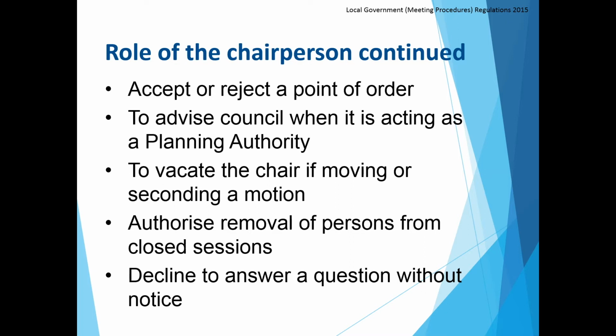Regulation 24 allows the chairperson to permit a councillor to explain a matter of personal nature in the absence of a motion on the matter, if, in their opinion, it is in the interest of the councillor and the council to do so. Regulation 25 allows the chairperson to declare the council as acting as a planning authority. A chairperson can also exclude members of the public from closed meetings. In addition to their roles set down in the regulations, it is important that the chairperson is fair, listens to the debate and maintains order.